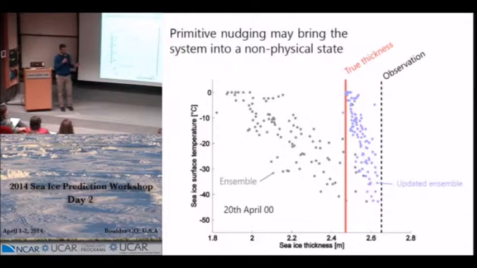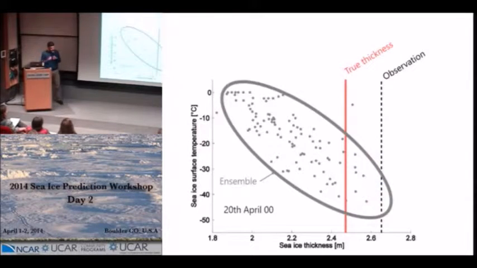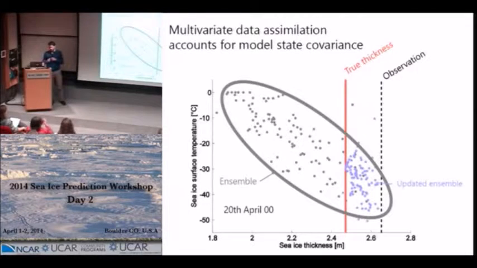If you break these relationships, then it may have very undesirable consequences for predictability, because you might bring your system into an unbalanced state and you may just lose predictability after the first step of initialization. So what's the way out? Well, if you want to go forward, you have to take into account that you have some structure in your model and update each of the members to keep every dot inside this envelope